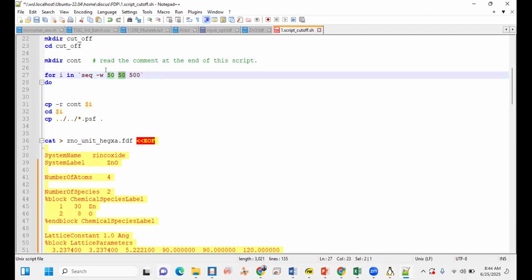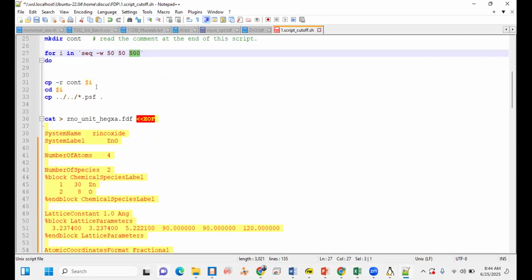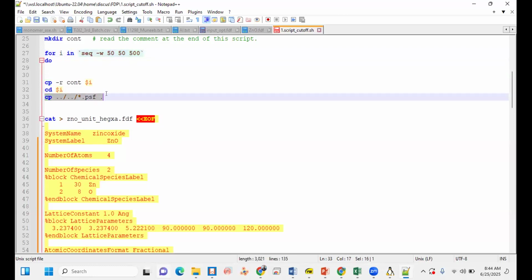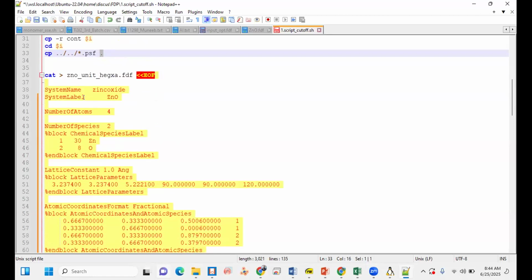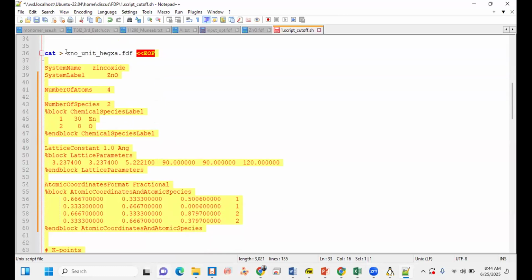Step size means first it will take 50, then it will increase by 50 more, then it will become 100, then it will increase by 50 more till it reaches 500. Then it uses a do loop, it will repeat many times. Dot, this dot is very compulsory. And then the name of the FDF file it will create during this calculation.